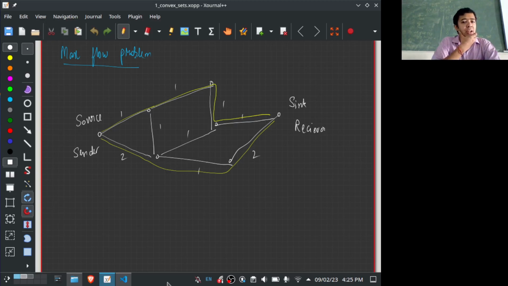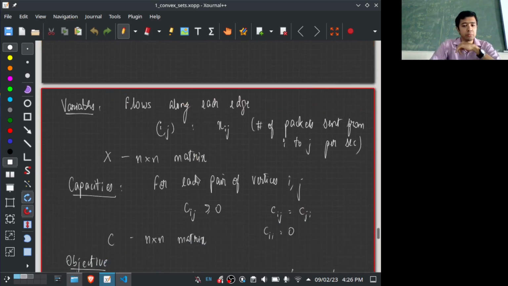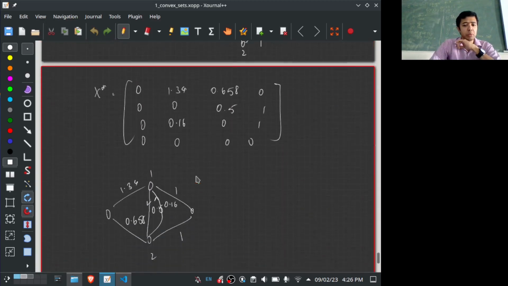Okay, so in the last class, we saw this max flow problem, right? It was a network problem where, given a communication network and two nodes, one which we call the source and the other which we call a sink, we want to find the maximum number of packets that you can send per unit time from the source to the sink. And we could formulate this as a linear programming problem, and we saw how to solve this, right? So in this class, we'll see another example, but before that,